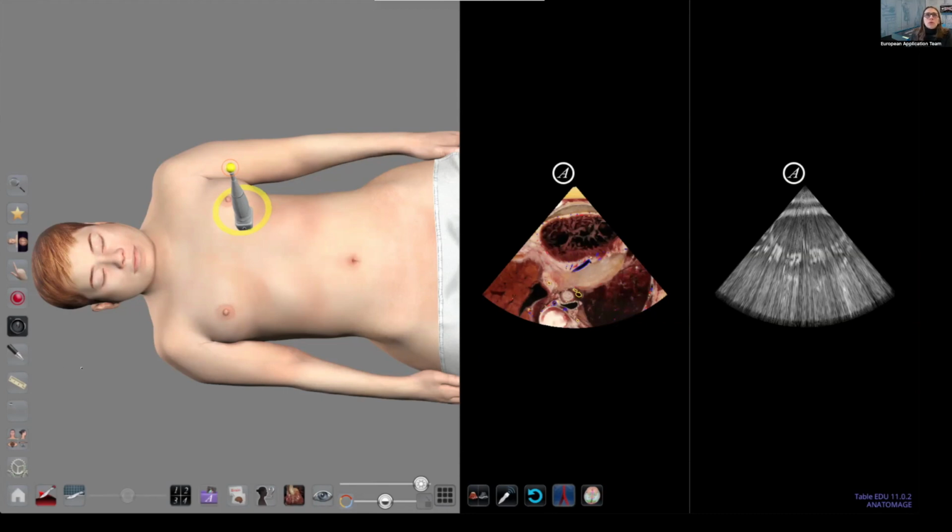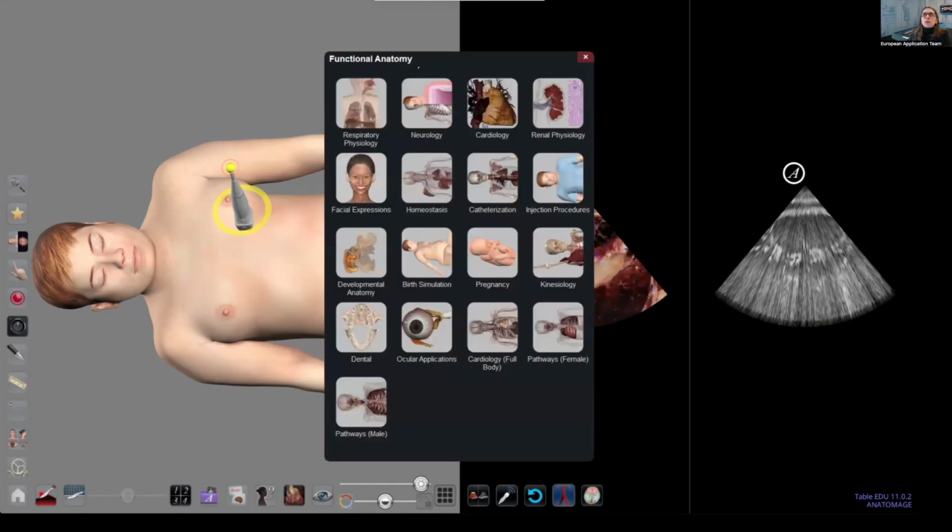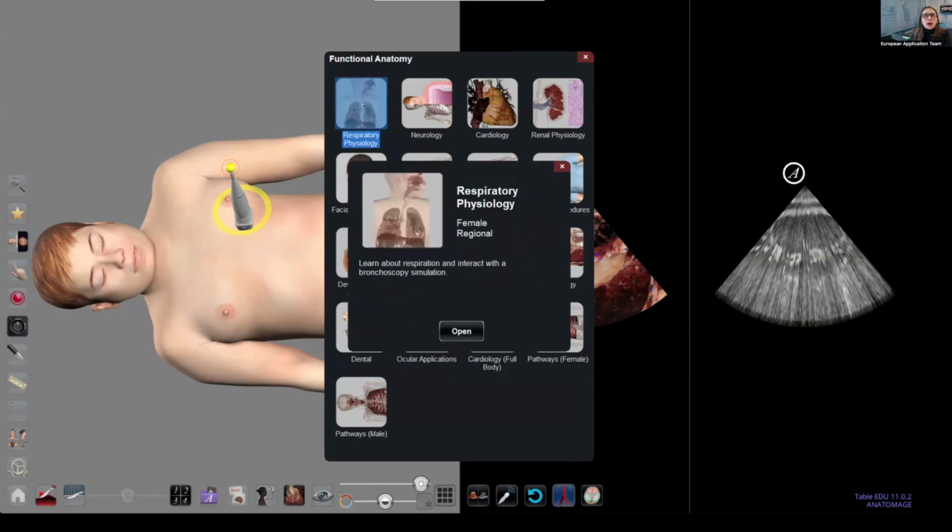Okay, so I will now move to another type of dataset that is contained inside the functional anatomy section. So first of all, let me just introduce the new interface of the functional anatomy menu. In this case, in the functional anatomy, you will now have the 17 icons representing the 17 simulations that are available in these sections. And by clicking on any of these icons, you can then get a brief description of what the